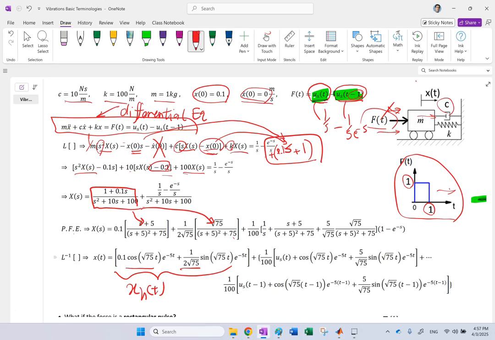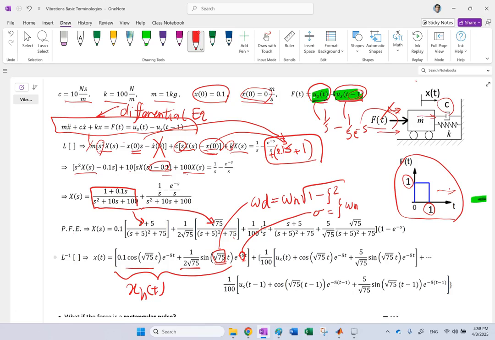Good. And clearly you can find zeta for it and omega n for it. You clearly see that zeta omega n is 5, and omega n times the square root of 1 minus zeta squared is square root of 75. So this guy here is your omega d. And this 5 here is your sigma, which is zeta omega n. Okay? So this is your homogeneous solution, and of course, as time gets large, those exponentials make